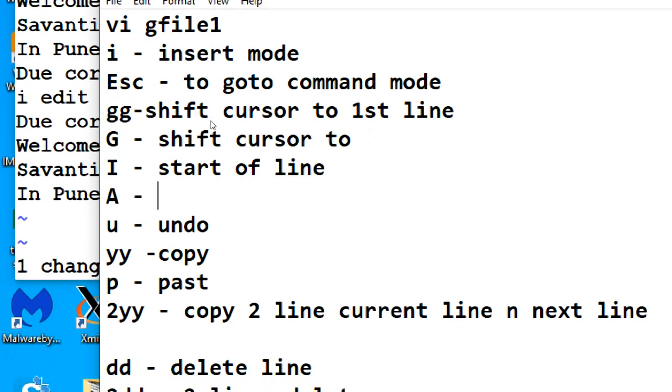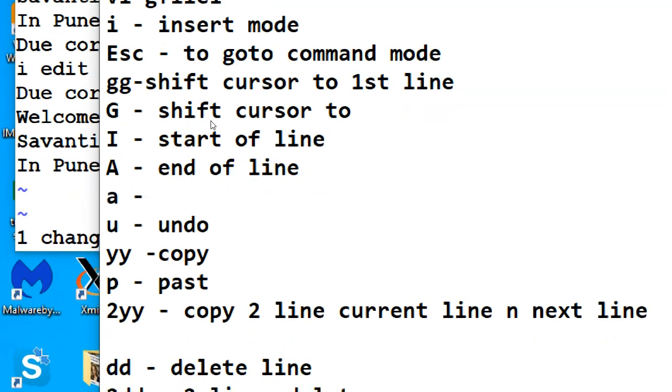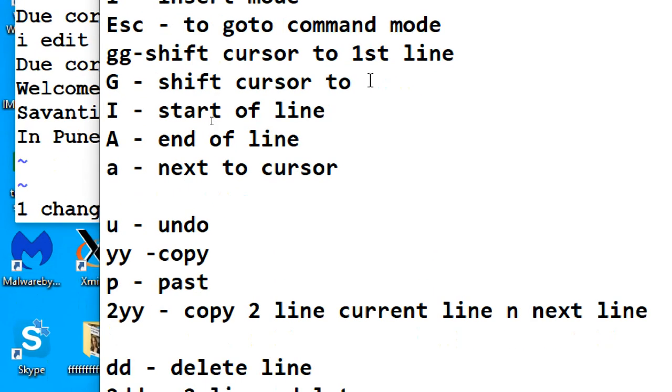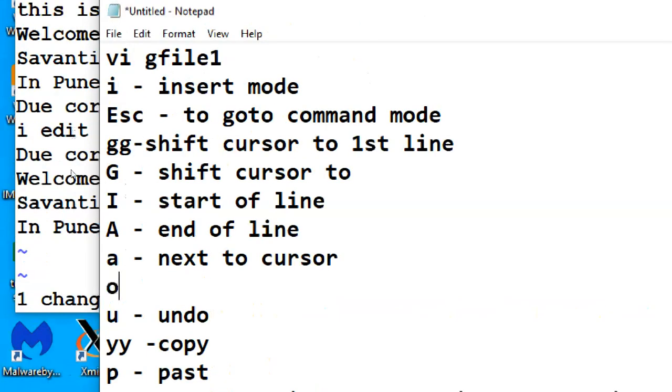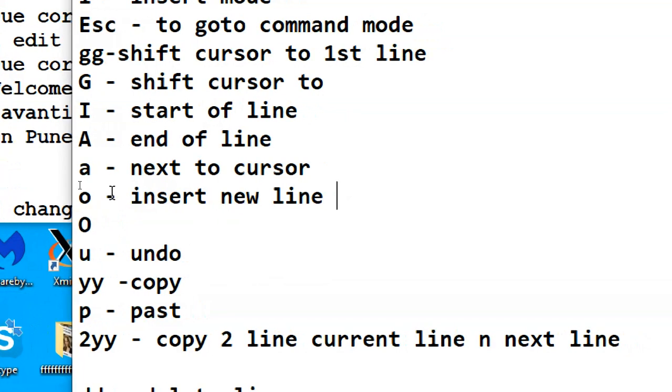Capital A, end of line. Small a, next to the cursor. That's it, right? These are the insert commands. Capital O, insert new line.